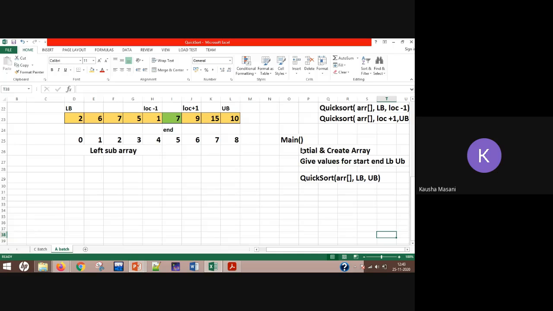So main function, initialize and create your array. It is the easy part, and I hope everyone is now comfortable with initializing and creating your array, ठीक है।